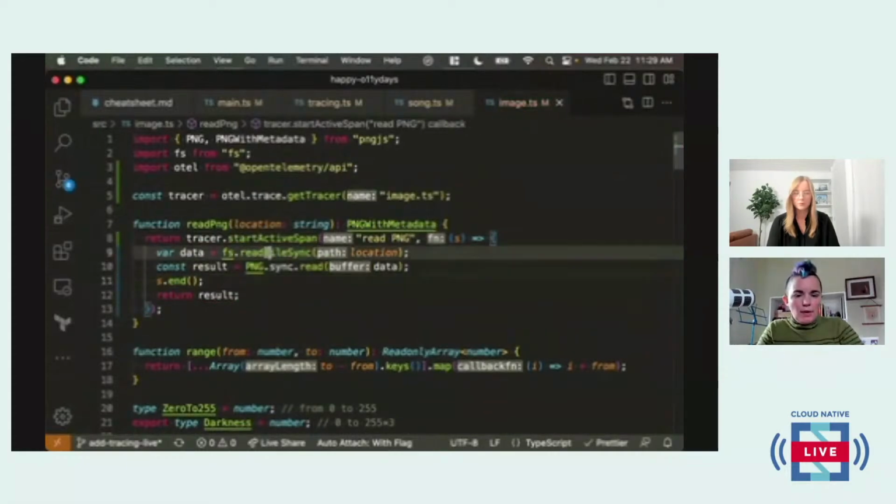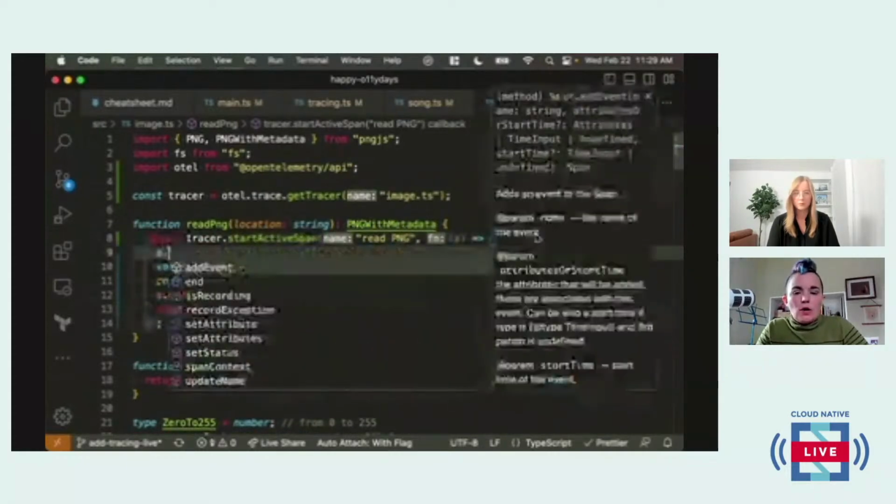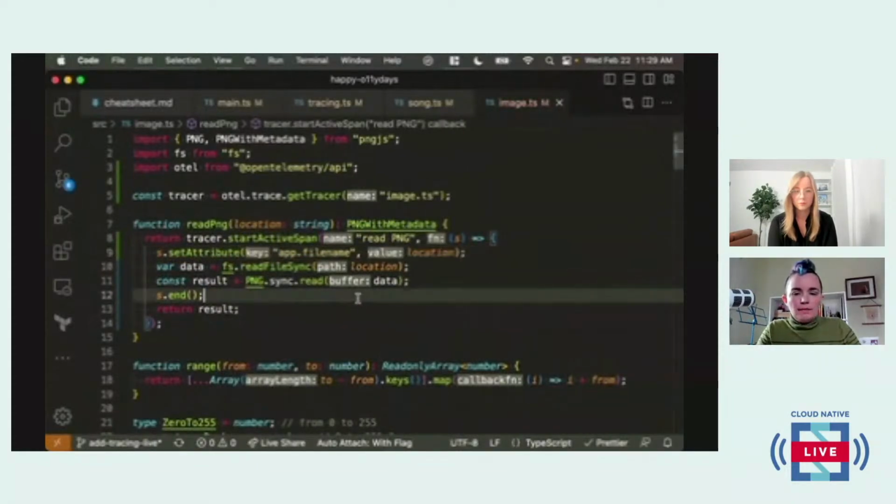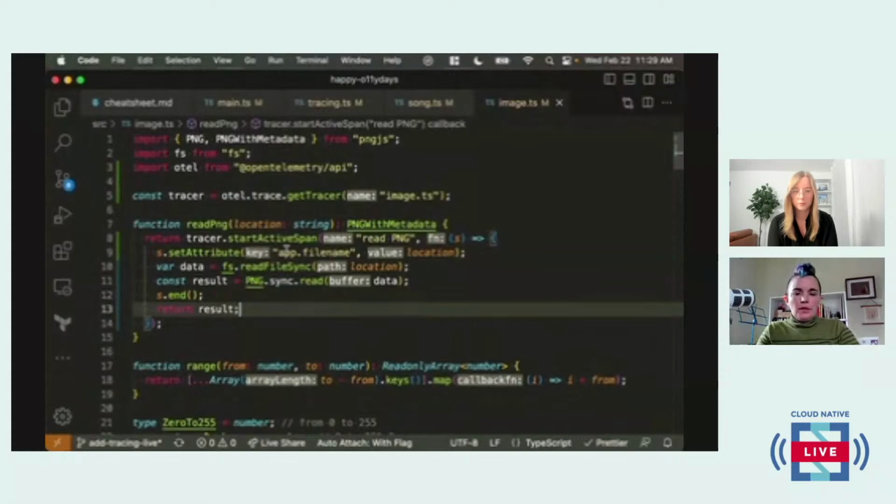Okay, so now I'm doing the read file sync. Oh, right, the point was to set an attribute on the span, which is, let's see, we called it app.filename before. Let's use that again. I like to prefix,